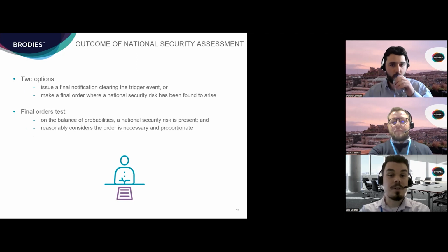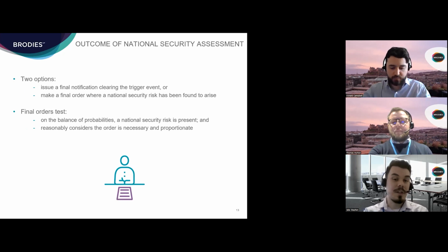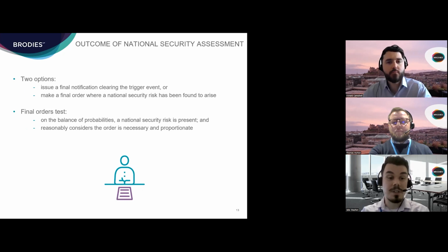If a call-in notice is served and following the completion of the assessment period, the Secretary of State must either clear the trigger event or make a final order where a national security risk has been found to arise. The final order will impose some remedies that the Secretary of State deems fit. And as you'll see from the next part of the slide, a decision to impose a final order may be taken where the Secretary of State is satisfied on the balance of probabilities that a national security risk has arisen